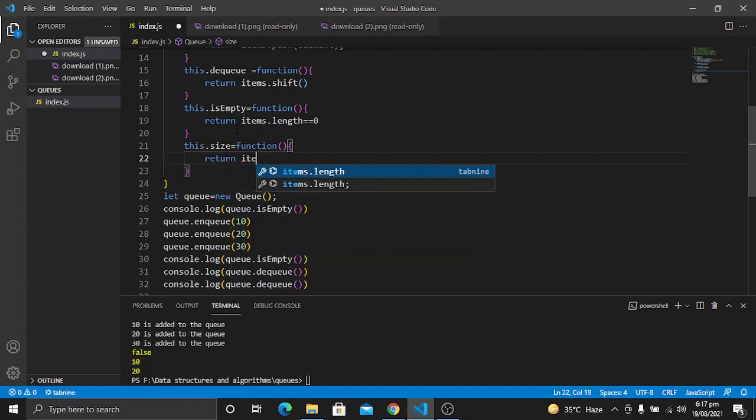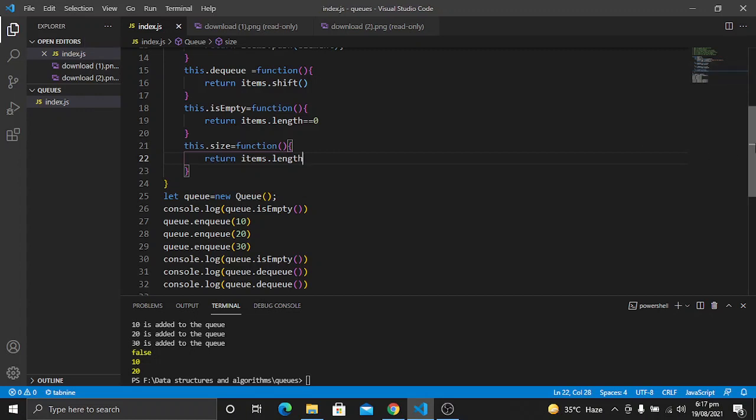We have an array with the name of items, and we will just return the length of our queue. So if there are different numbers in the queue, it will return the count of the queue. For example, if there are 5 elements, it will return 5, and similarly.